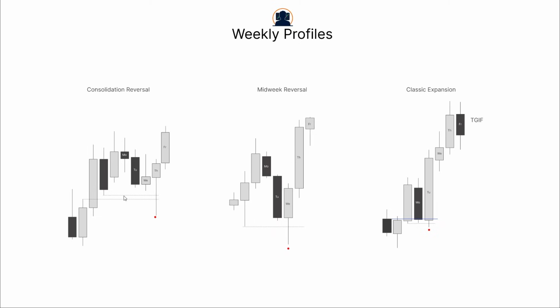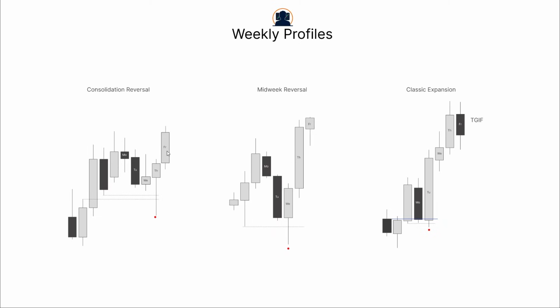Once Thursday trades into a key level and reverses, this will give room for Friday to expand to your draw on liquidity. So you see that this is acting like a filter for you, because you are not going to be engaging in anything on Monday or Tuesday or even Wednesday to trade higher. You can maybe look for trades to trade lower into this fair value gap, but you will not be looking for buy trades, right? Until the low of the week has been confirmed on Thursday,